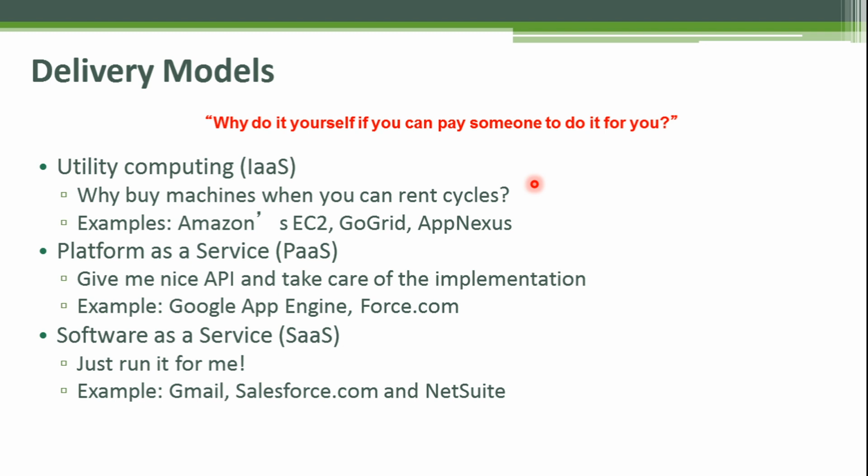They are giving you the servers, right? Then comes the platform as a service. So platform as a service, they are giving you the applications hosted on top of those servers. Then comes the software as a service. Software as a service is another layer on that particular diagram. So first comes infrastructure, then comes platform, then comes the software. Softwares are actually running on those platforms, running on those virtual operating systems.